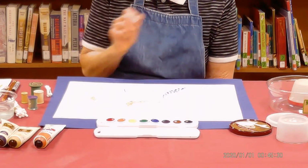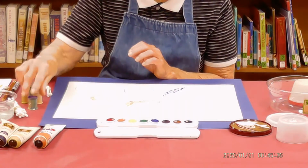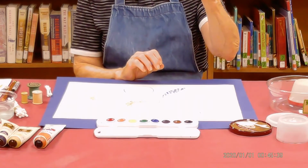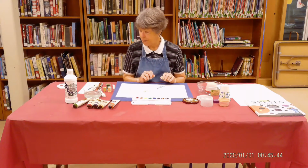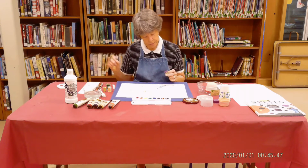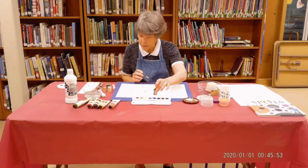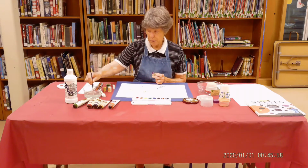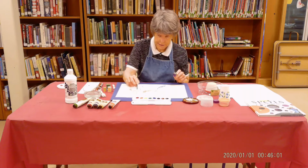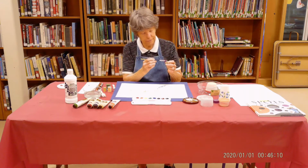Sometimes I found when I was doing this project, I was discovering all kinds of interesting things. One of them was that this thread spool has a hole in it. What would that look like if we printed that? At this point, I realized I probably needed to, see, the spool is bigger than my paint tray, so I couldn't do that. So I think I'll use the brush and put the paint, let's see, red maybe this time? Yeah, let's try some red. Red's a super color. I'm going to paint the end of the